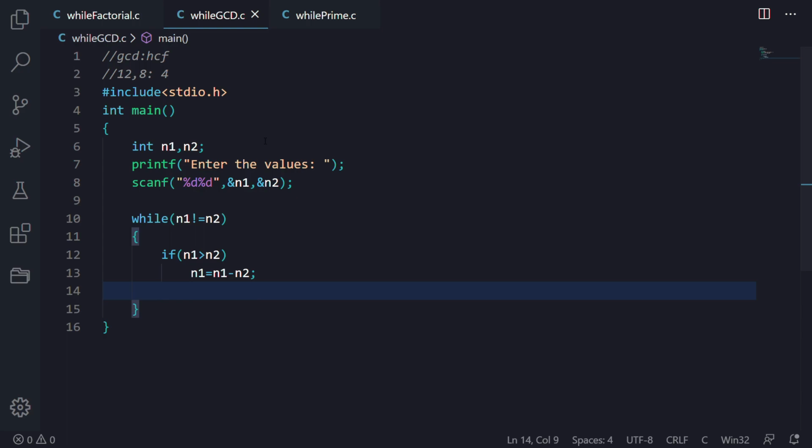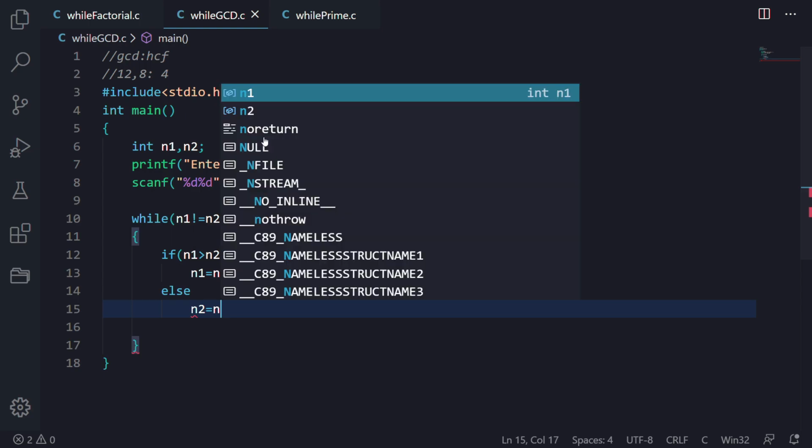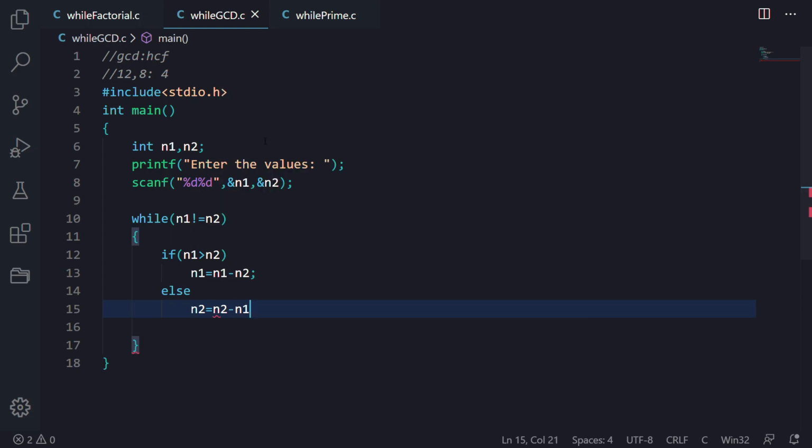Else, sorry for that, else we will just do n2 is equal to n2 minus n1. So this is what we will do here, and after that the value of n1 and n2 will just become